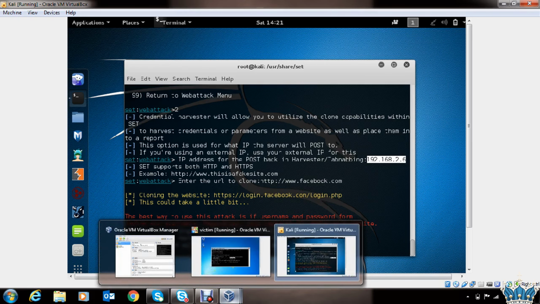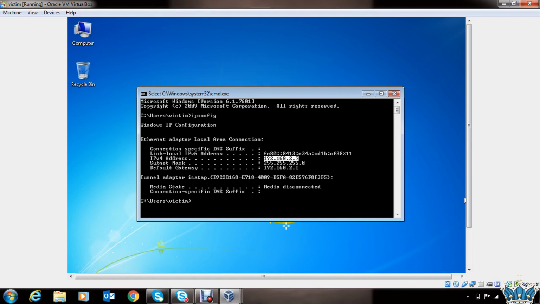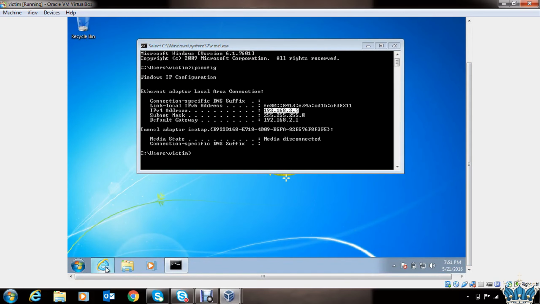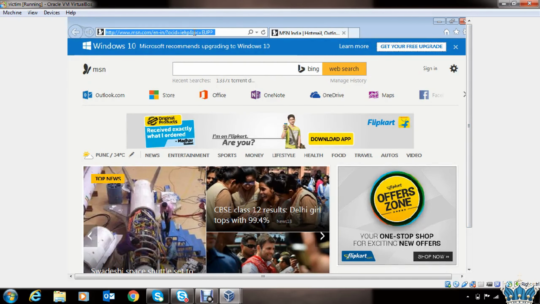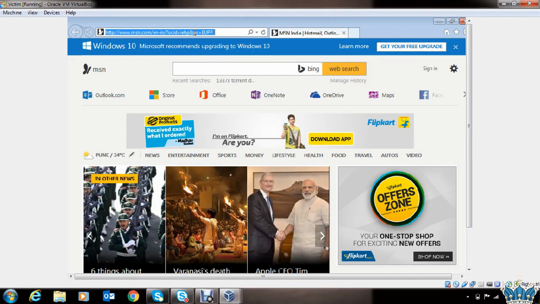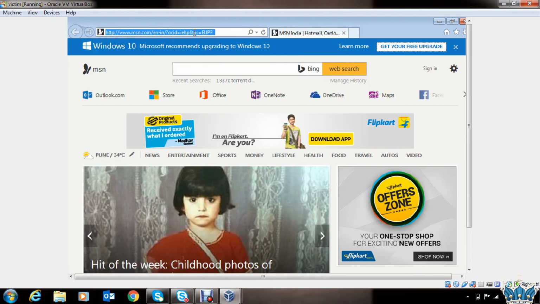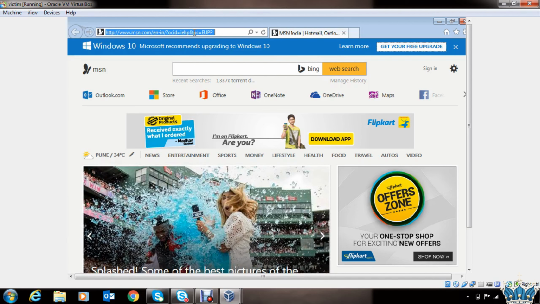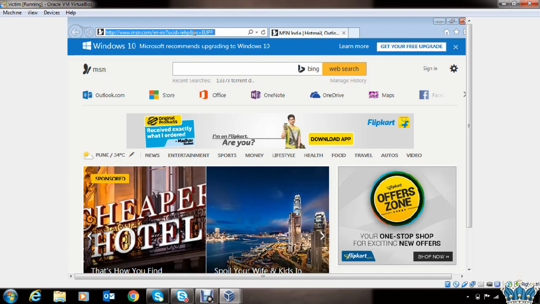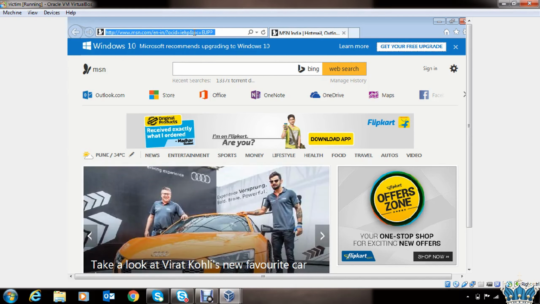Let's go to the victim machine. All you have to do, or the attacker will have to do, is somehow lure the victim into accessing that IP address in the browser. At this point, I will leave this up to your creativity on how you can trick a user into accessing that IP address. I can give you a hint. You can use a fake mailer